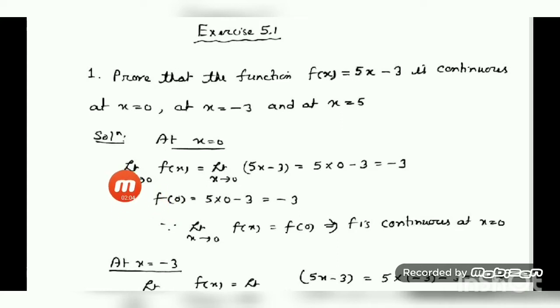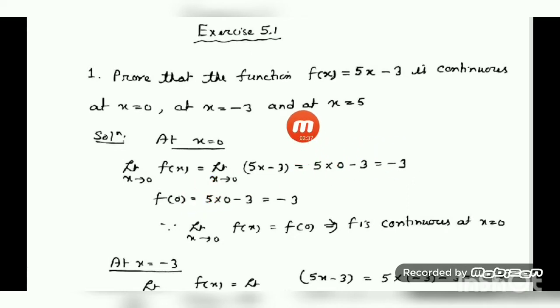So I have to find out here limit x tends to 0, f(x). Now put the value of f(x). For all values of x, f(x) is defined by 5x minus 3. So put 5x minus 3. This is a polynomial function, so we can substitute directly the value of the limit. So in the place of x, let us substitute 0. It will give you 5 into 0 minus 3. So the calculated value is minus 3. So that means the limit exists, because we have directly calculated limit x tends to 0, f(x). So first condition is satisfied.